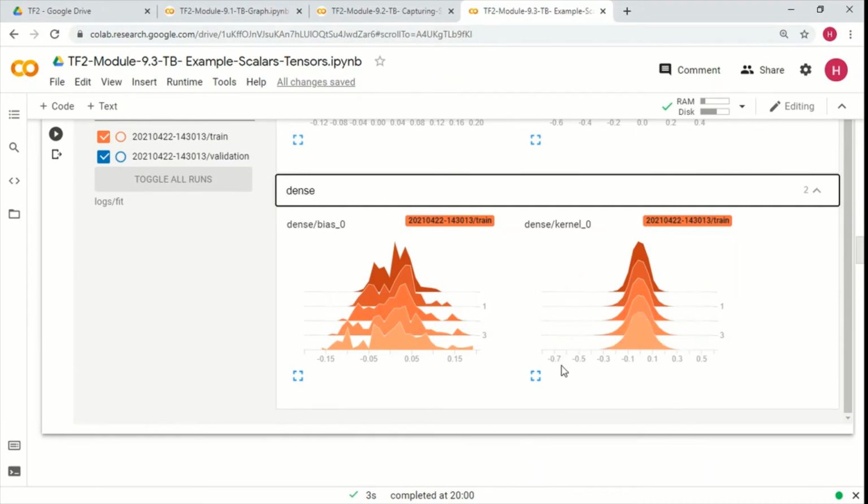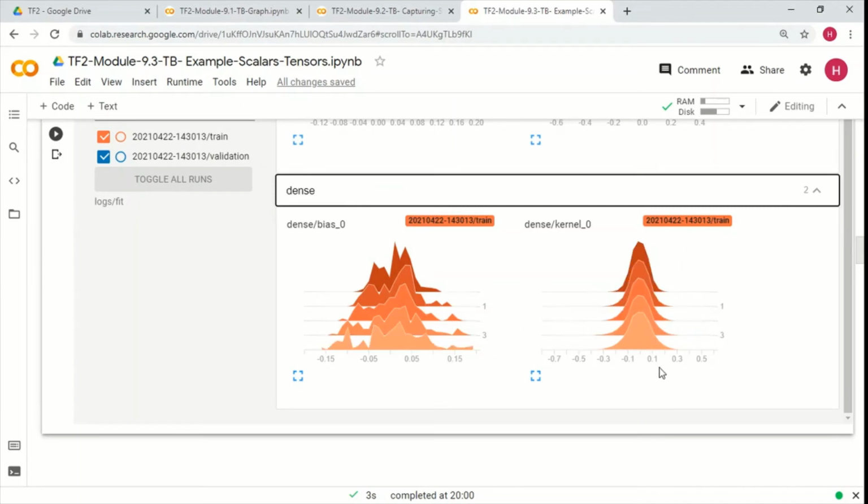These are the values of the tensors, and these are the epochs 0 to 5, and how frequently these values are occurring. For example, this particular value is occurring relatively frequently, so it is a more common value in the tensor at that particular epoch. In a different epoch it could be something else.